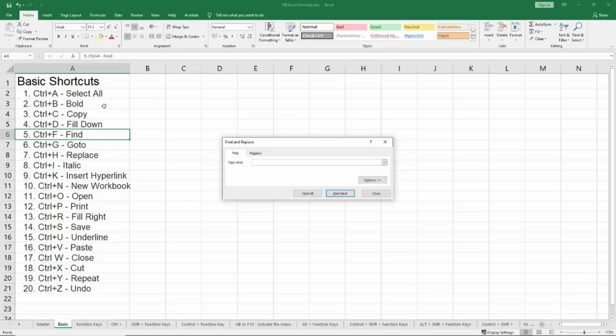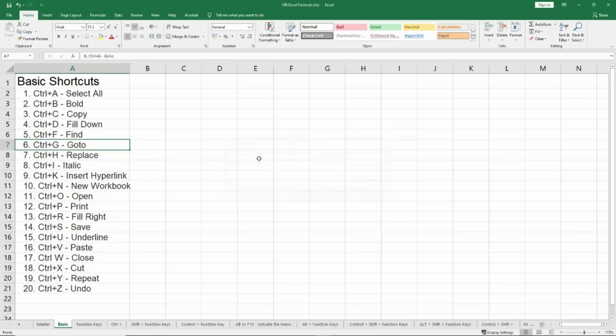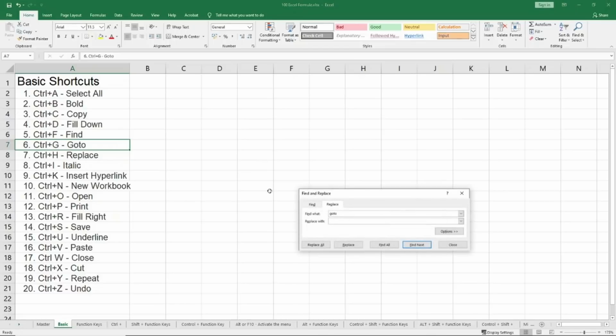Control F, find, I'm sure everyone would have used it. So this is basically Control F, find. If I write find, hit enter, it will show me it as in this cell. If I write go to and hit enter, it will show me by this green thing that is selecting the cell that here is go to. Control H is replace. I can go from find and replace, or I can directly go Control H to replace.